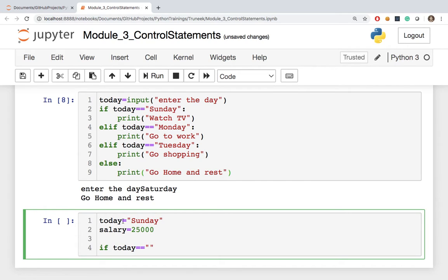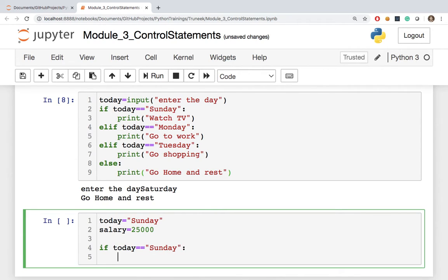Now one thing to note, this is a comparison operator. Earlier also I have explained it. Don't confuse the comparison operator with the assignment operator. The assignment operator assigns the value and the comparison operator compares the value. This is the assignment operator. This is the comparison operator. If today is Sunday,